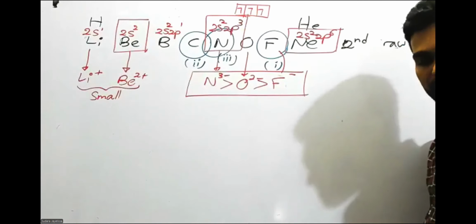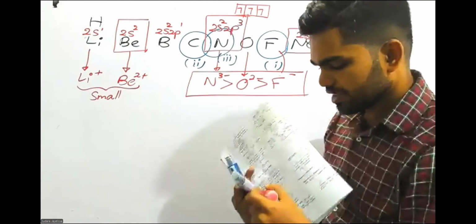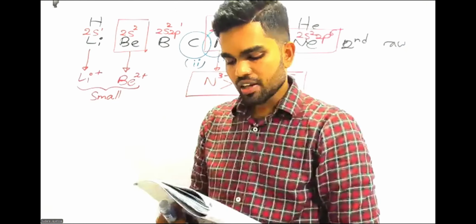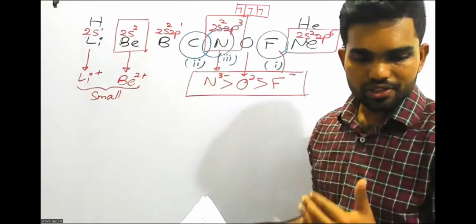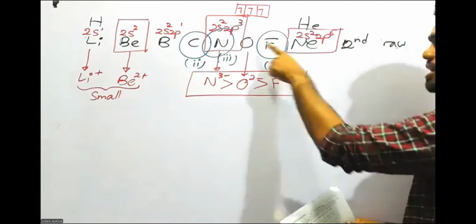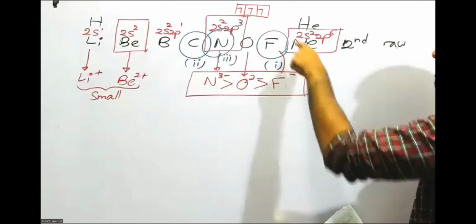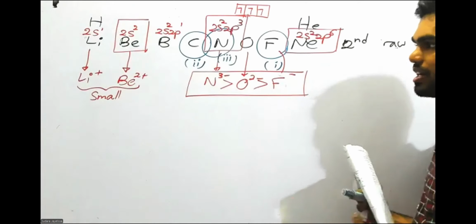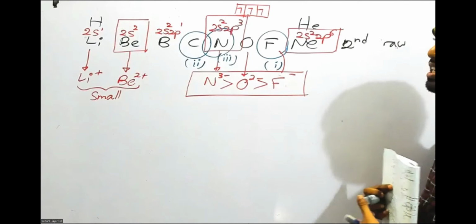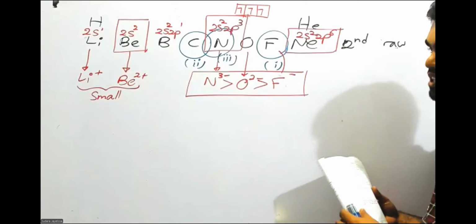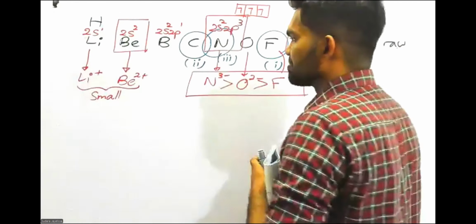This is also stable. They are asking for an element with no p electrons, so you have to remove neon and nitrogen because they have p electrons. So what's the other element left? It is beryllium. Beryllium is a stable configuration, 2s2,